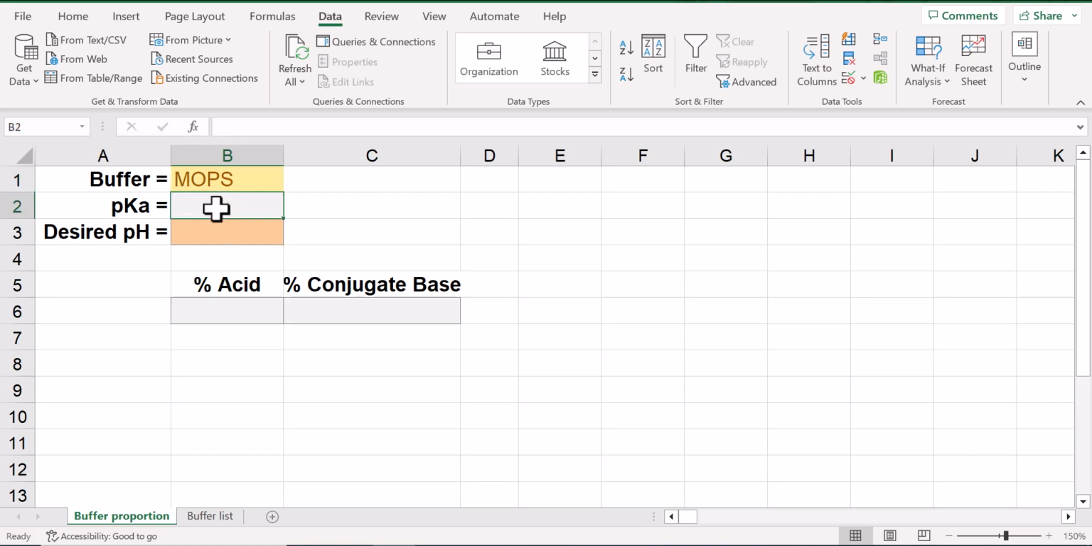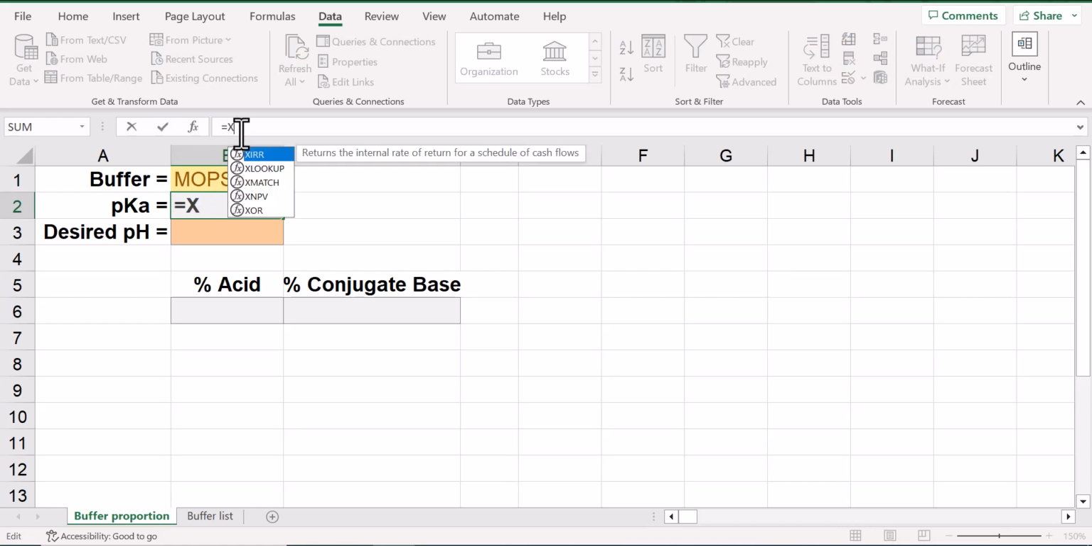Now in cell B2, I can enter the formula at the heart of this tutorial. I type equals XLOOKUP. Now remember, the XLOOKUP function works in any direction and does not require that the data be sorted, so I highly recommend it. Bracket. The lookup value is found in cell B1,